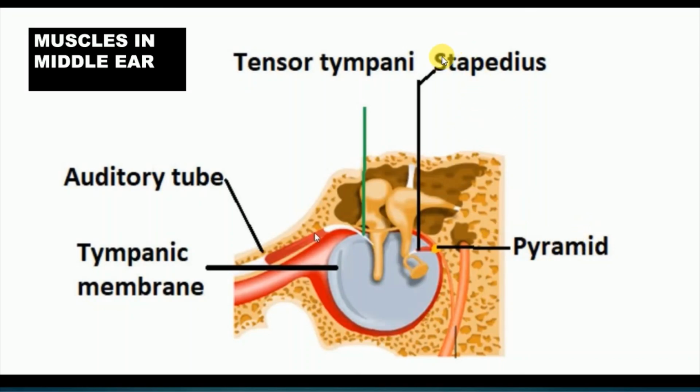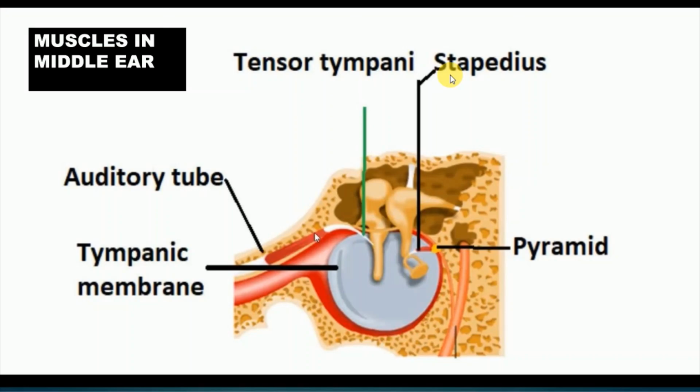Now, if this muscle contracts, the footplate of stapes is not going to tap on the oval window as much, and thus this also produces dampening of sound. Now, a clinical correlate related with stapedius is its innervation. It is innervated by a branch from the facial nerve.